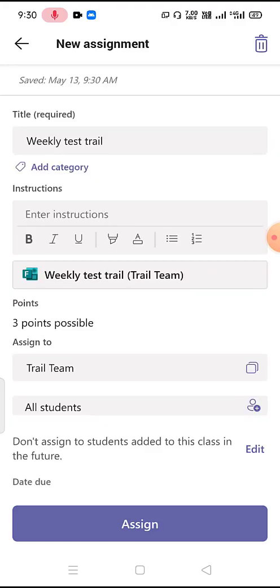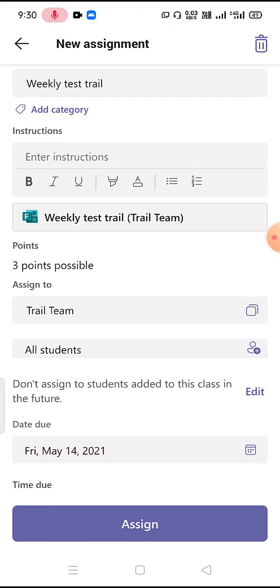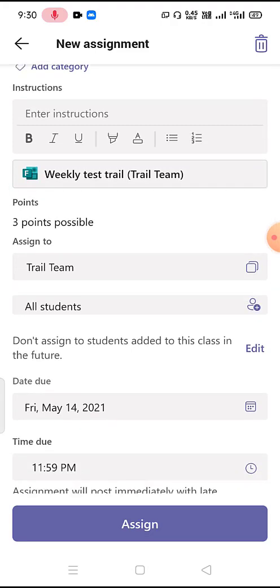Okay, or you can go to assignment and make a new form, create a new form, and again you have to come back to Teams and follow the steps from the beginning. So the title that we have given there has been added here. The forms have been added here. For which team you want to send, that also has been added.